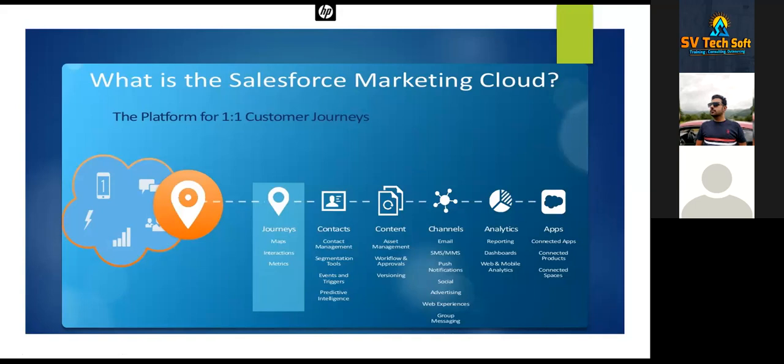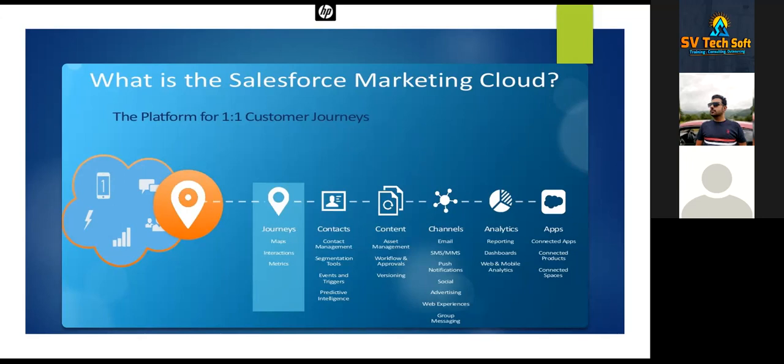Suppose your Marketing Cloud contact went on a website, that is an event. He requested a forgot password, it is an event. Requested any services, it is an event. Made a purchase, anything, it is an event. So you can read the events getting created by your contacts, and you can take next best actions. You can trigger an SMS, push message, or anything you want.